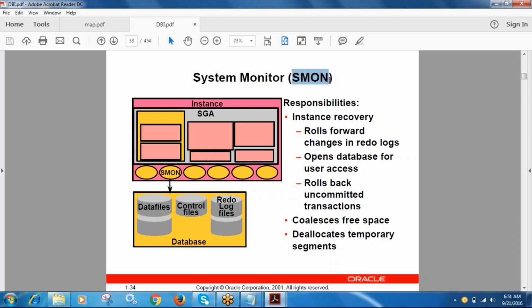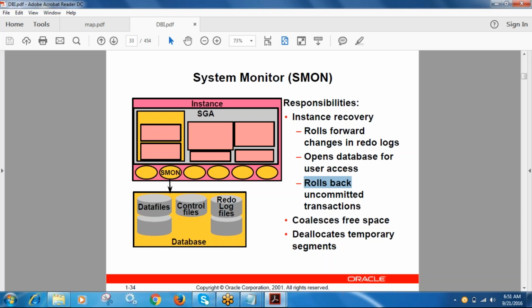Each and every instance will be completely monitored by the system monitor. This is the first thing. Once I recover, it will be helping. You have two cases. One is complete recovery, which is called roll forward. Incomplete recovery is called roll backward. Because in roll forward you can get each and every transaction of the database,